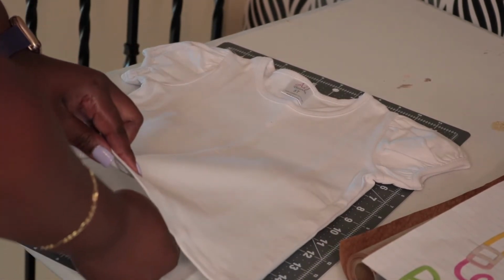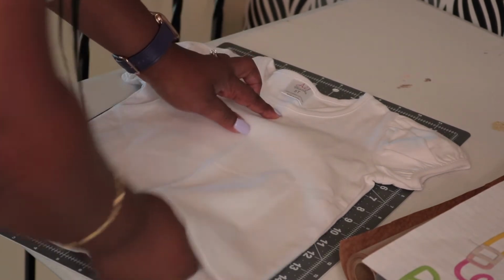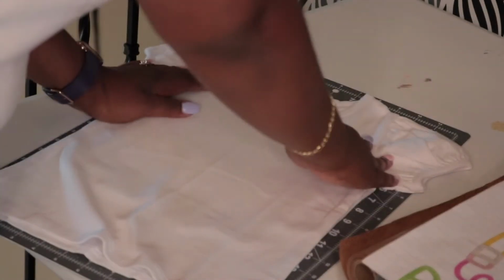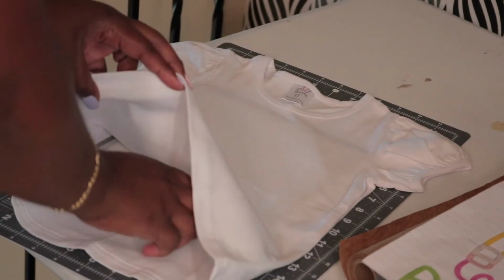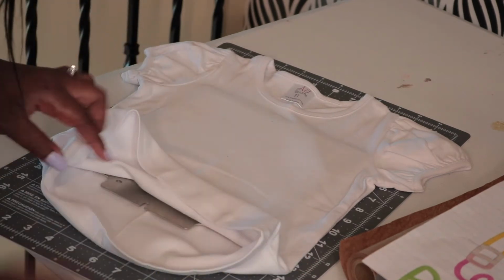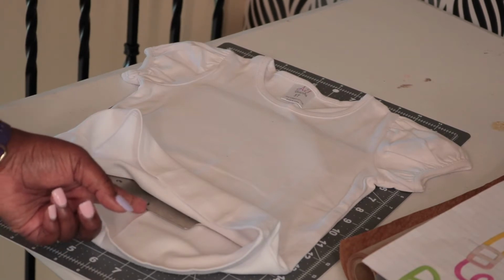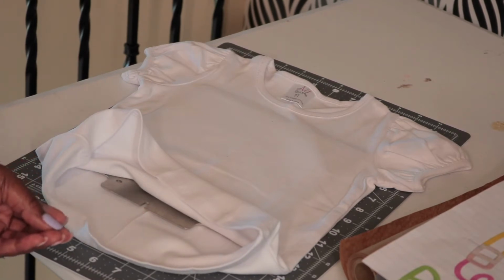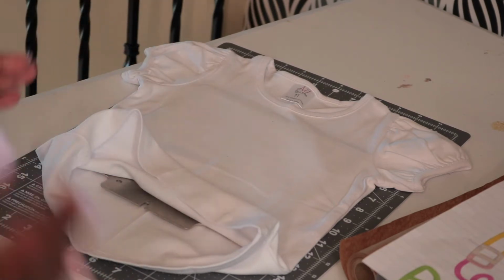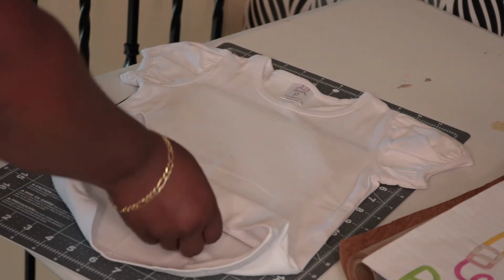And I did already mark my shirt, so I kind of know where I need to start and stop with putting it in. And now I'm just kind of feeling to see if it is straight or not. And how I'm doing that is, let me see if I can get you guys to see this part. If you see right here, there's a little notch. This is where you're going to screw it in, but that's also your center point. So if this is not aligned with your crease in your shirt, then you know it is not straight and it is off center. So I'm going to straighten this out like so,